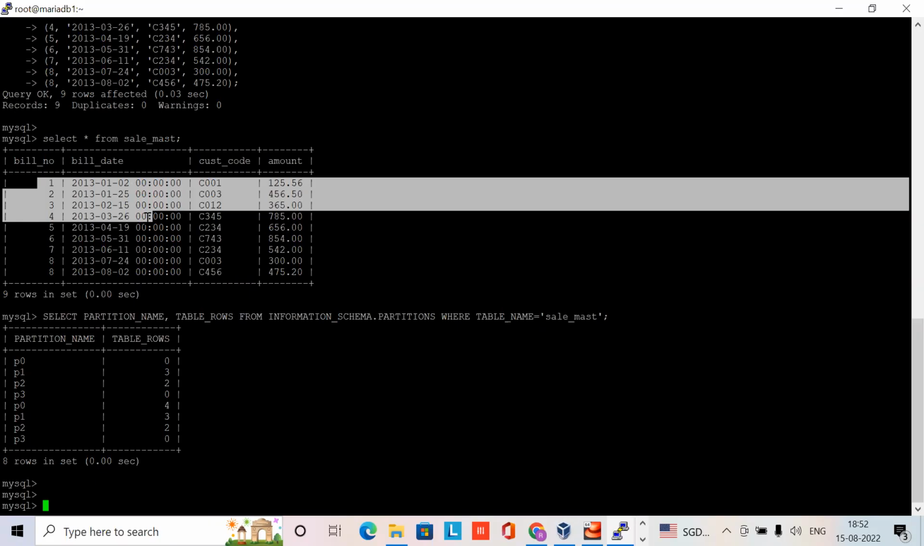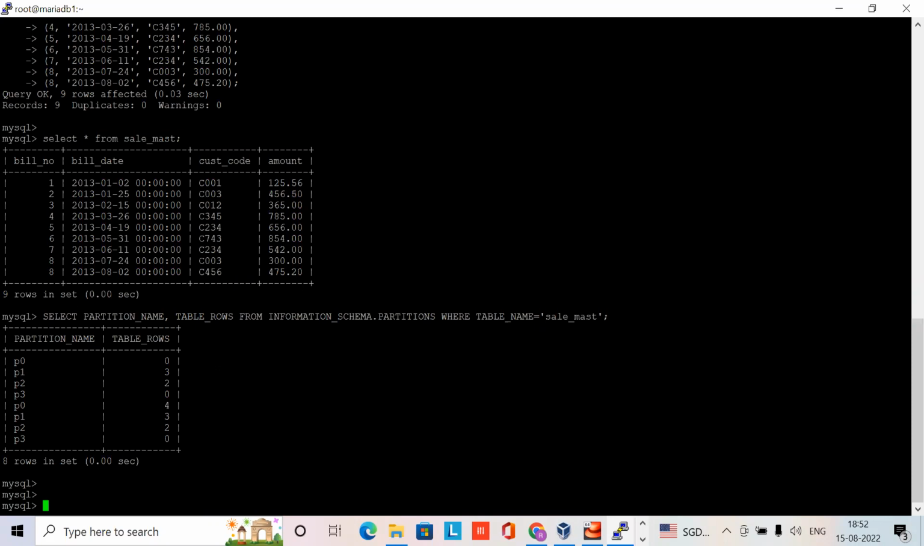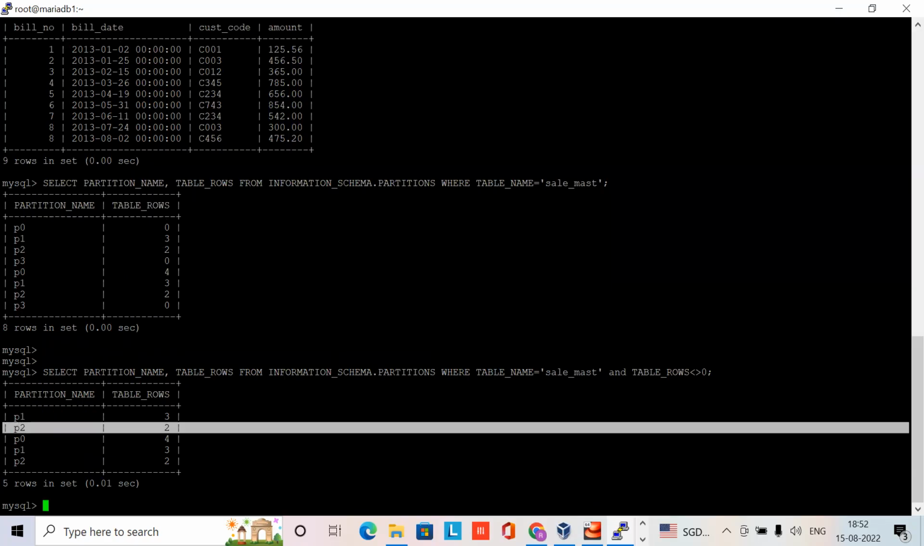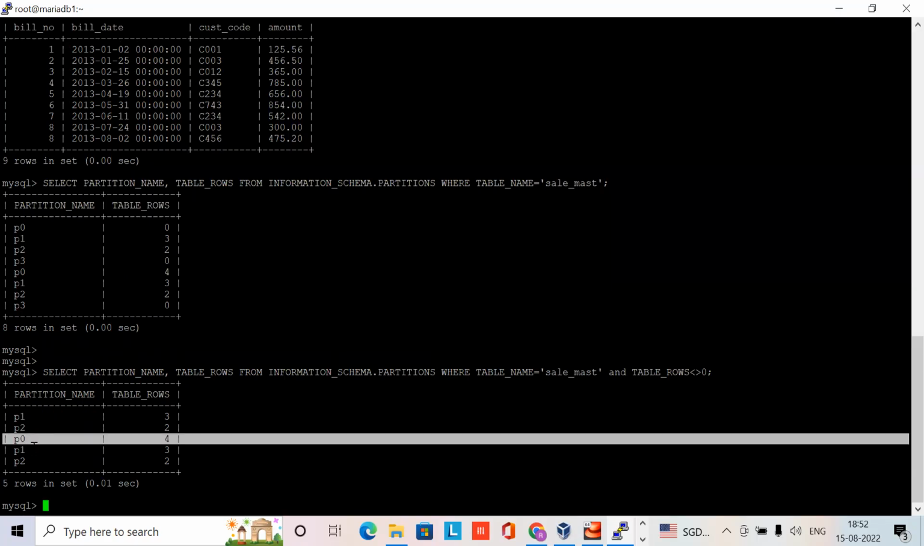Almost how many records are there in P0? P0. So you need to do one thing. I need the current value, not the starting value. If I need the current value, how can I do that? And the table rows not equal to 0. So if you see this one, P1 contains 3 rows, P2 contains 2 rows, P0 contains 4 rows, P1 3